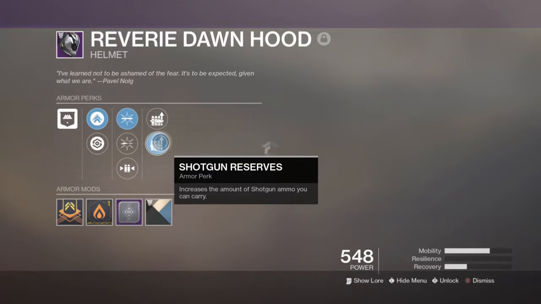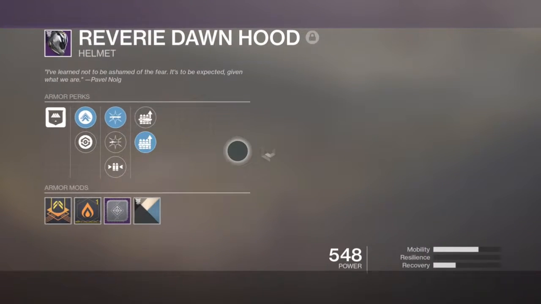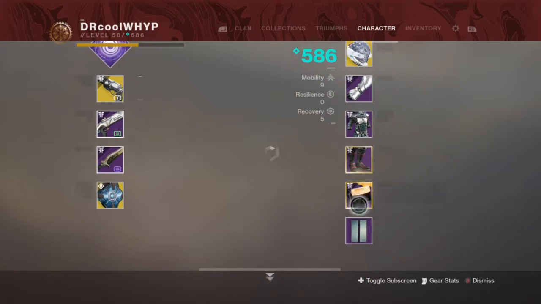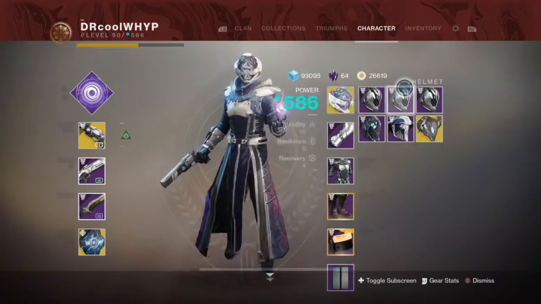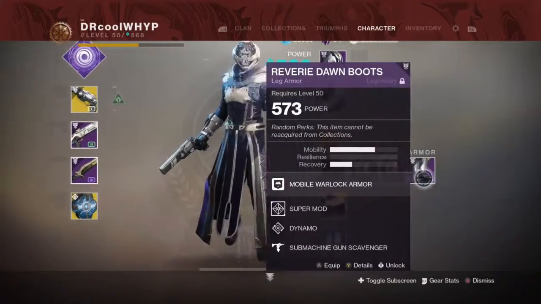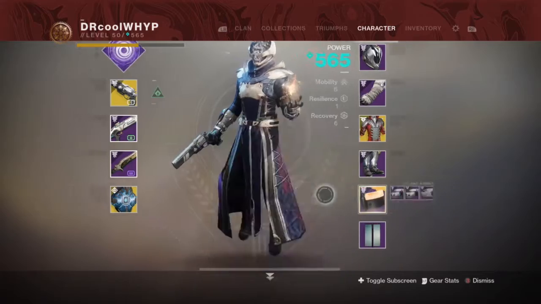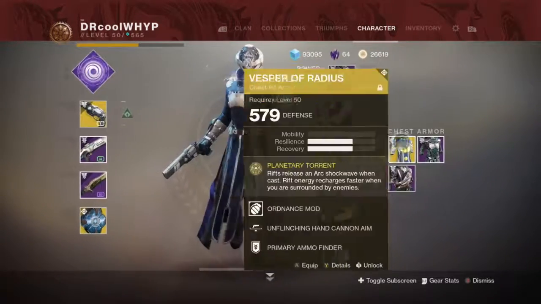Later on in this video, we're going to be looking at this build. This is the alternative build that we'll be checking out. It's a super mod cooldown build revolving around shotgun synergy. These are both basically catering towards Crucible. So I'll show you what the build consists of. It's a 4 super cooldown build with a grenade cooldown in the other one because I don't have a super